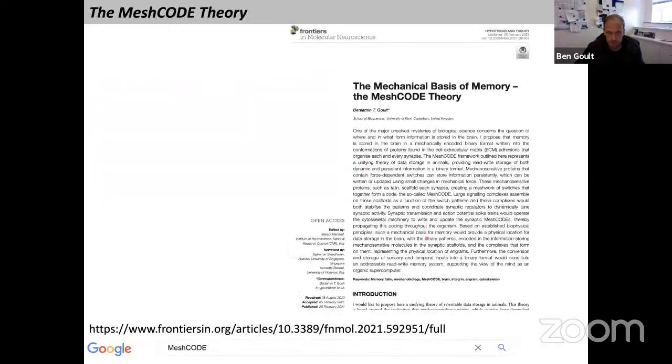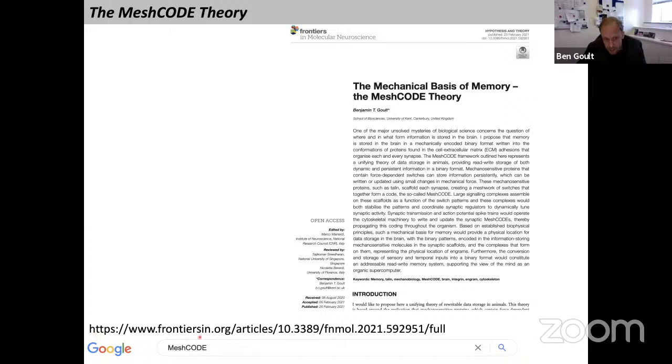And this led to this paper, which I put out in February, on the mechanical basis of memory. So going from this notion that we've got these binary switches built into these scaffolding, and how it scales from appreciating that an individual molecule in the shape of it can store information, and that information can control the signaling of that site. And then from there to how this might provide a way to consider a mechanical basis of memory, where the electrical and chemical signaling of the brain is coordinating a complex array of binary switches.